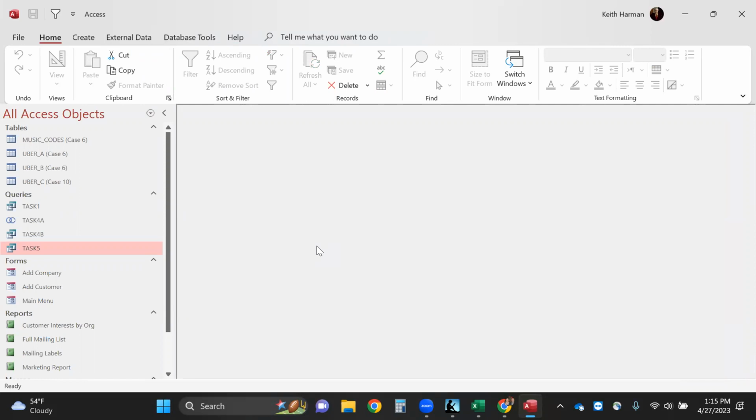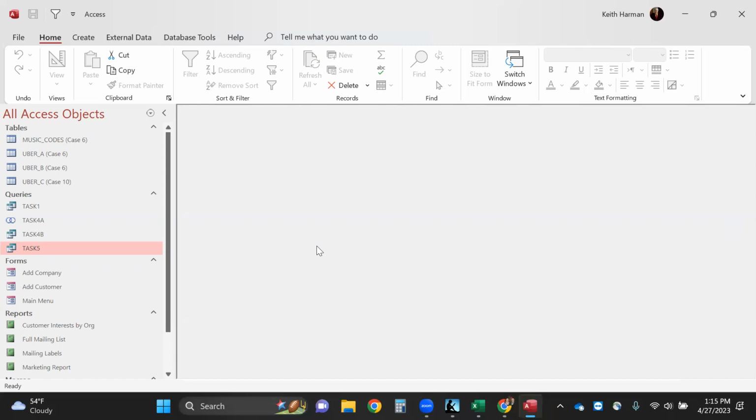We've looked at the forms, and you can see we've got the main menu. It's kind of like a little junction box. Go here, there, go where. You've got a form to add to the company's table. You've got a form to add to the customer table. You're in good shape, and you've got those two tables covered now in terms of being able to input data